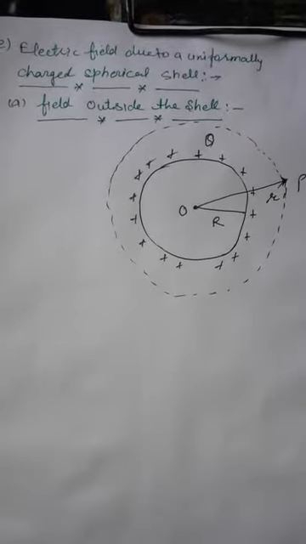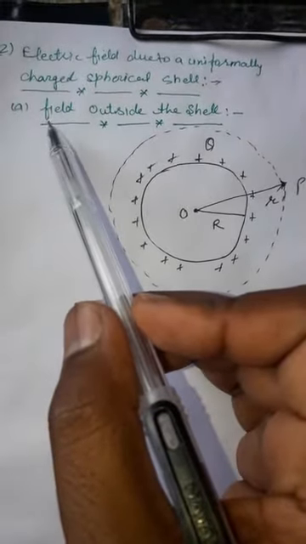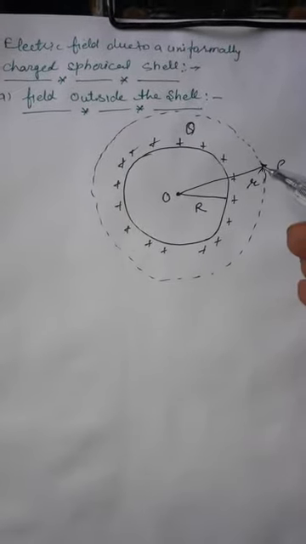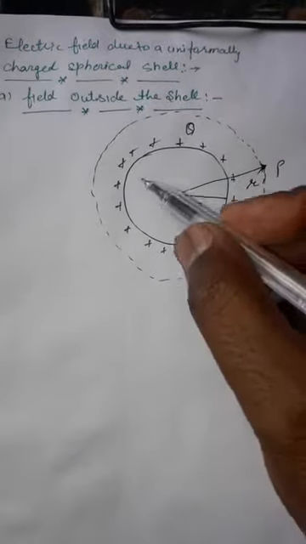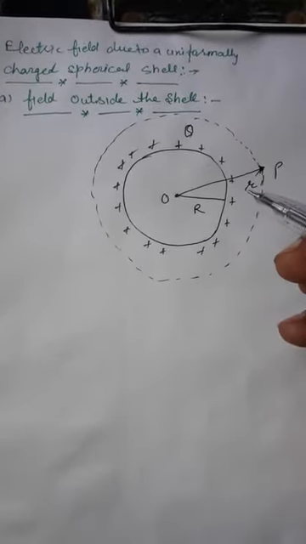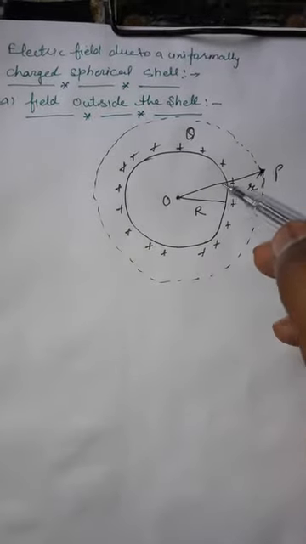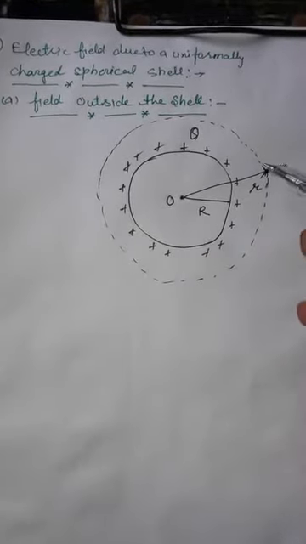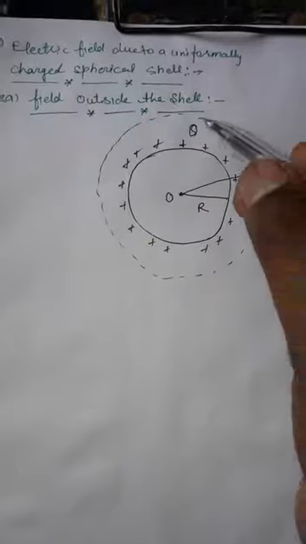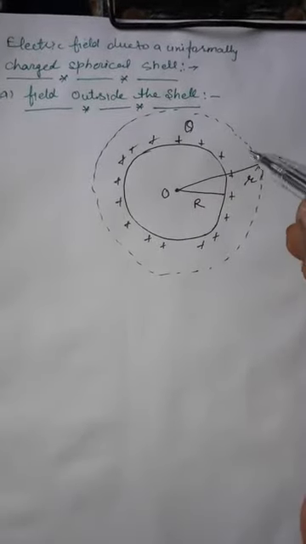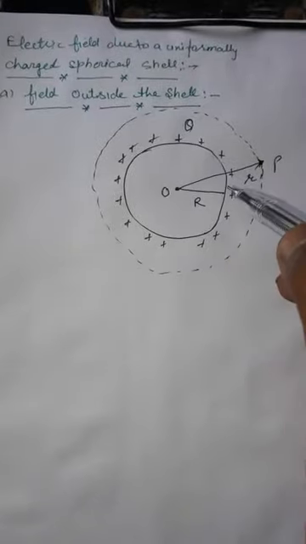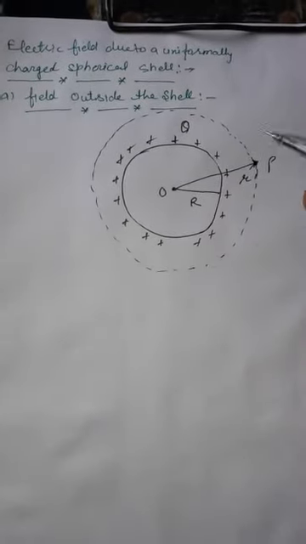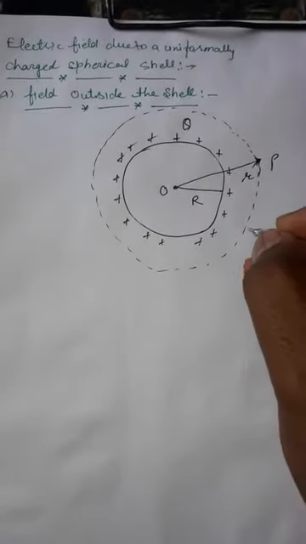Now, first case, if we want to calculate electric field outside this shell, let us consider we have to calculate the electric field at point P, which is outside this shell. So for this, let the distance OP be r. In order to apply Gauss theorem, we have to imagine a Gaussian surface in the form of a sphere, because around this charged shell there is a sphere only, at every point of which electric field remains fixed. So we draw a sphere, that is a sphere S1.